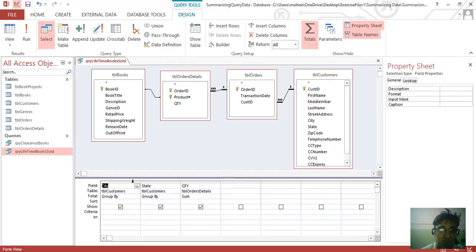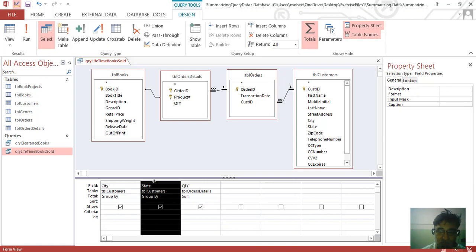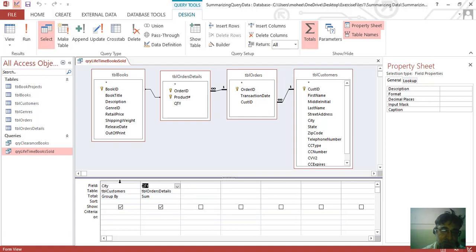Let's move back to the design view and delete these two fields, the state and the city, and this time insert the transaction date field.